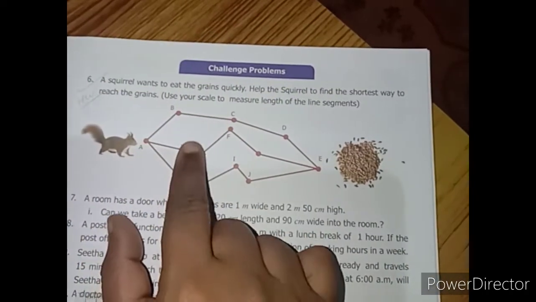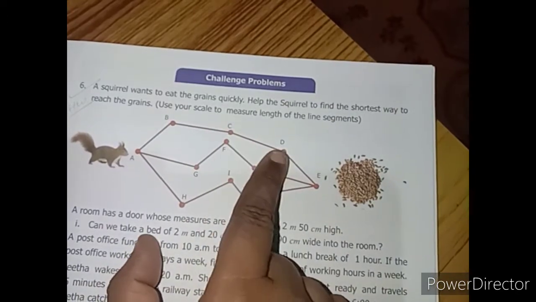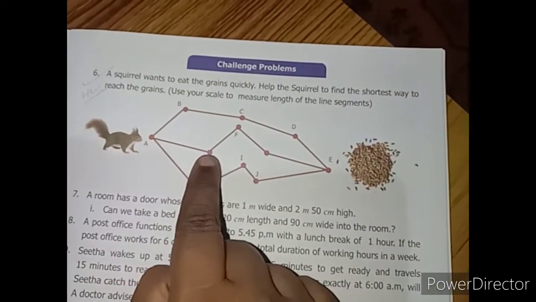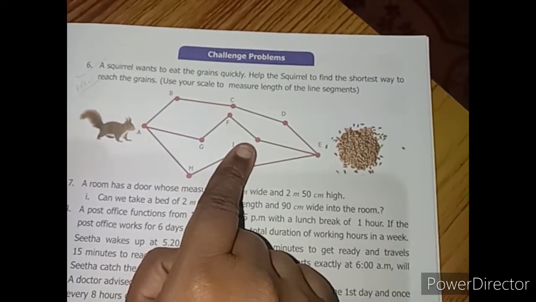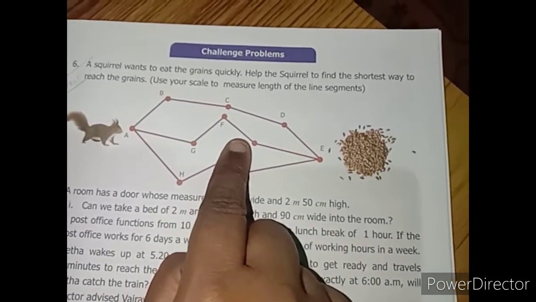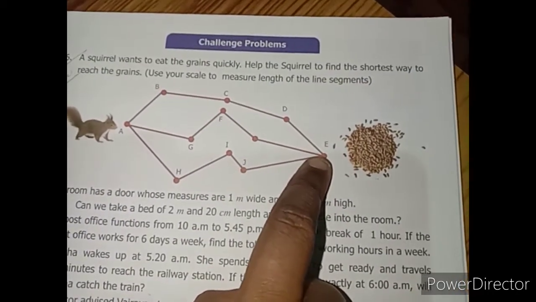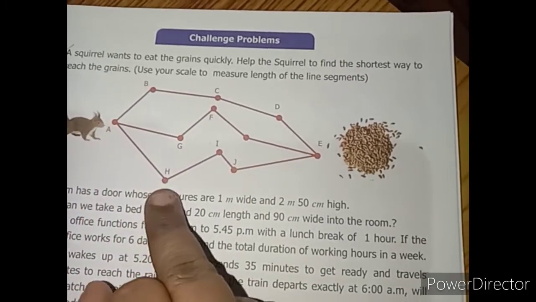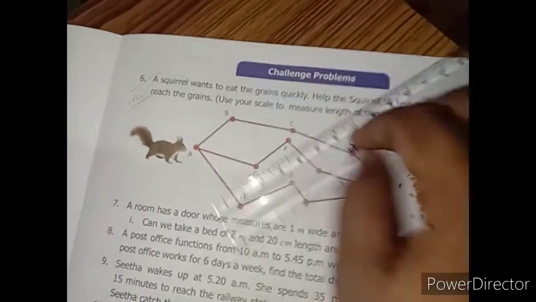See, there are three different ways given. See, A to B, B to C, C to D and D to E to reach the grain. Second one is A to G, G to F, F to, you can assume something here. Okay. F to H or something you can write. Then from here to E. Or from E to F itself you can calculate. So to reach grain. Here A to H, H to I to J and J to E. So you are going to find.